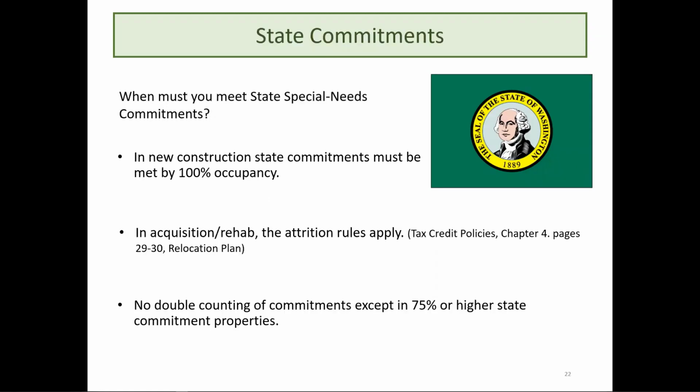Before the 30-day rule is effective, you must meet all state special need commitments upon lease up of a new property. In new construction, those special need commitments must be met by the time that the property reaches 100% capacity. In acquisition rehab, the attrition rule applies. You can see Chapter 4